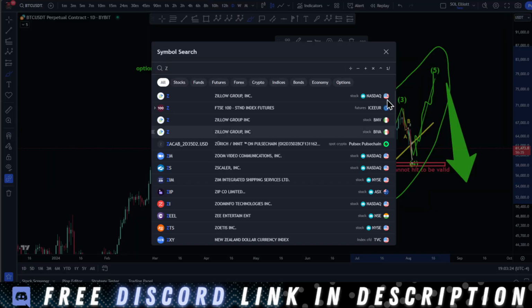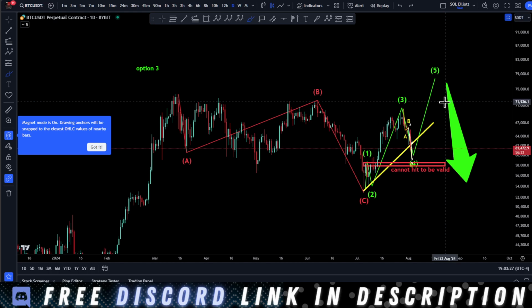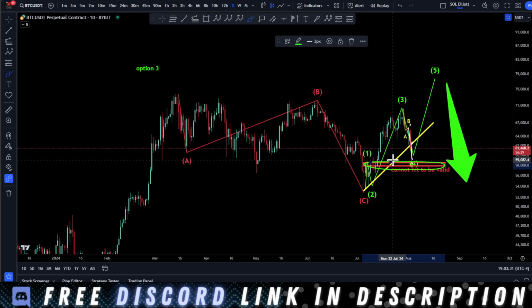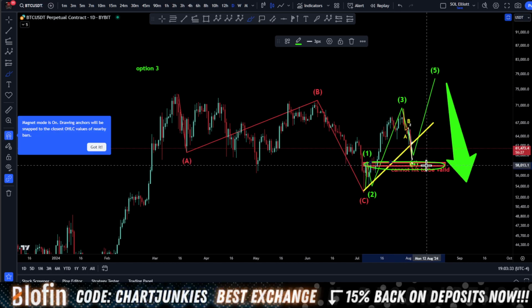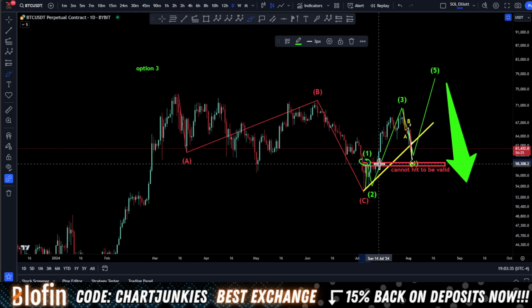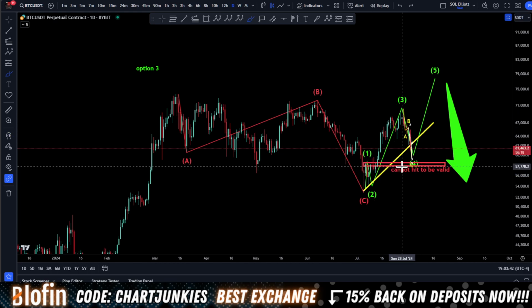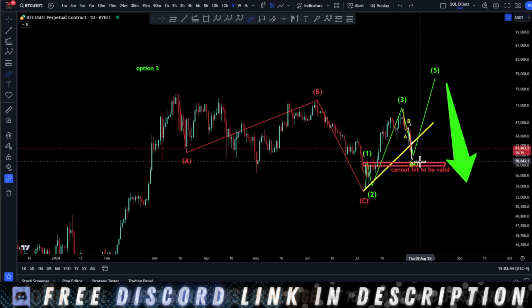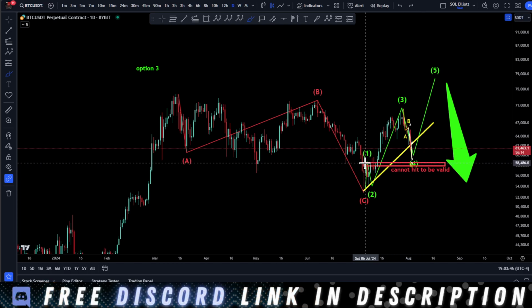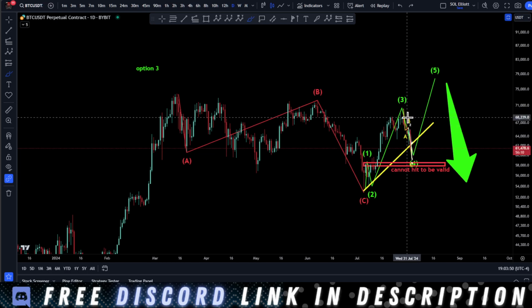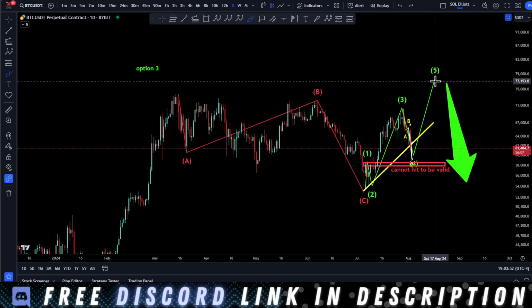And if that is the case, we cannot hit this level at 58K. That would interject and intersect our 1 wave. As you know, Elliott wave rules, wave 4 cannot come into wave 1. So for this to be the valid count, very easy stop loss right here at 58K. We're looking for a sharp ABC correction for a wave 4. And then we're looking to impulse up out of here.